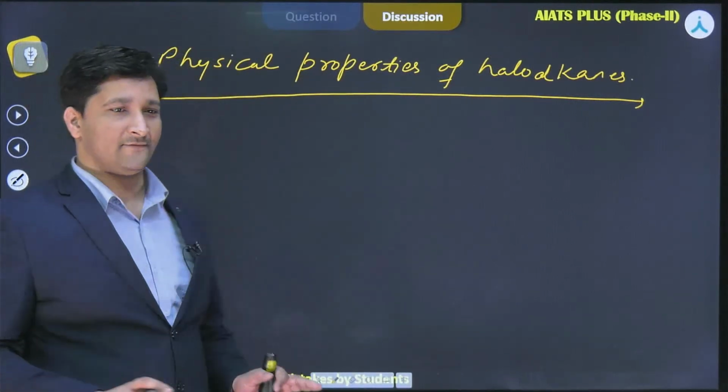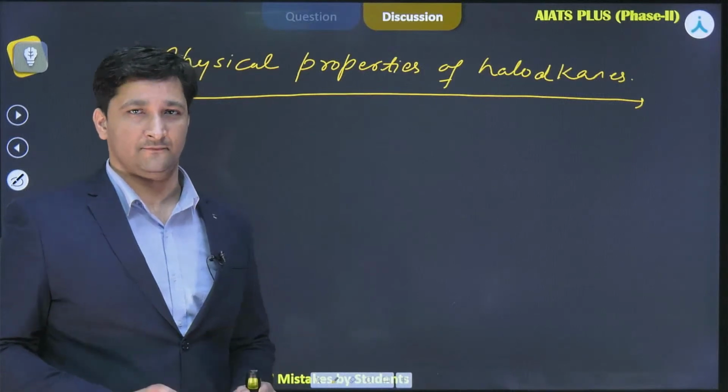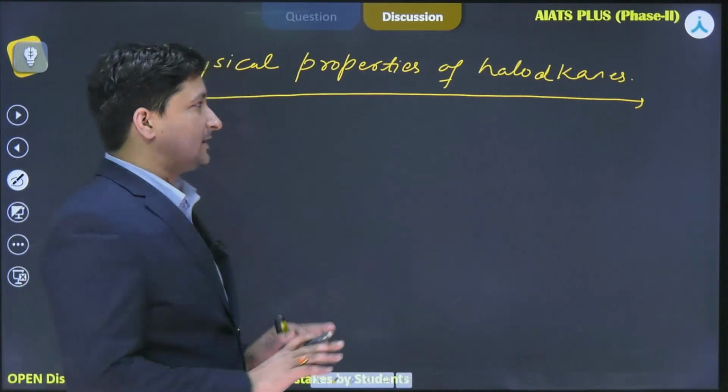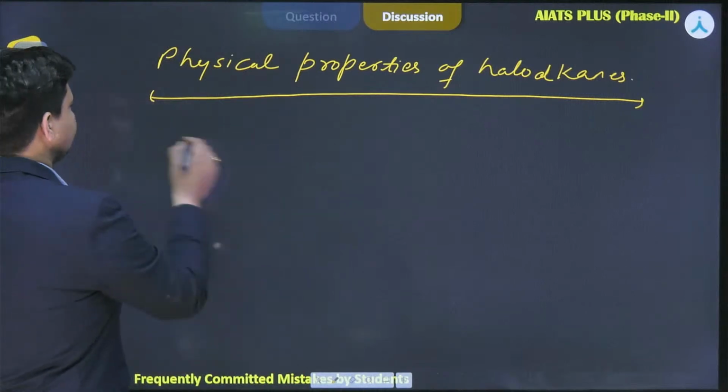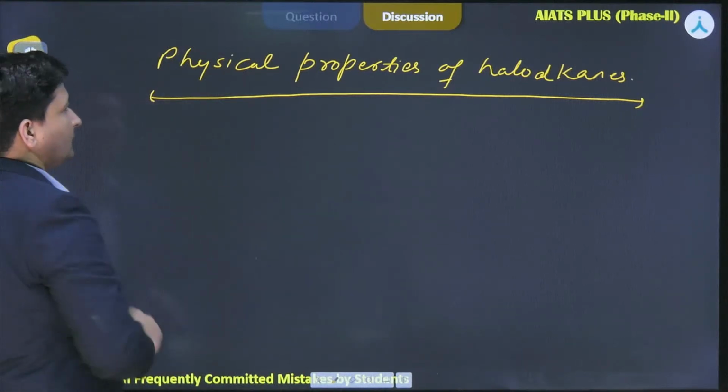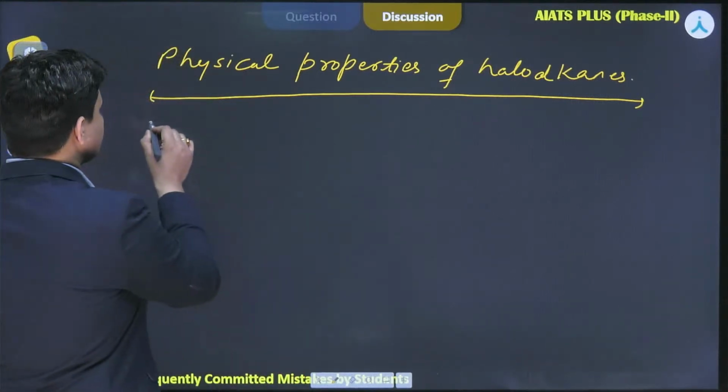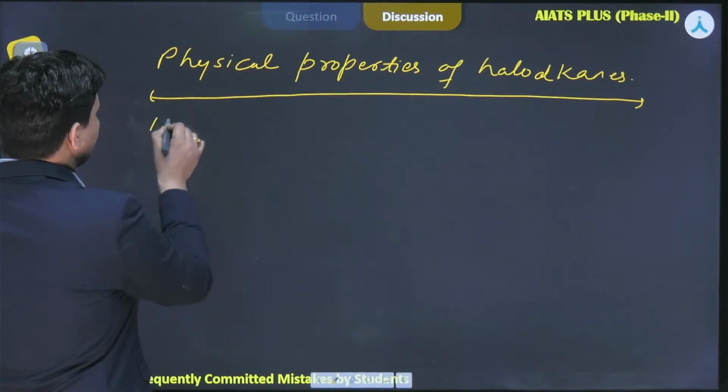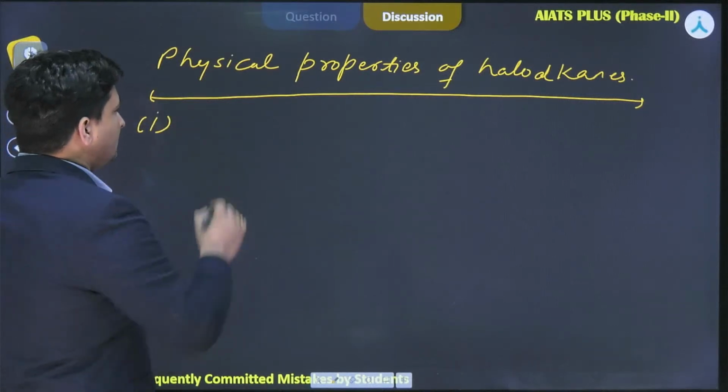Okay, so let's have a look here. Why mass is deciding factor? We will discuss all these things. But first, let us talk about the physical properties of haloalkanes, and I am going to discuss the melting point and boiling point first. So,